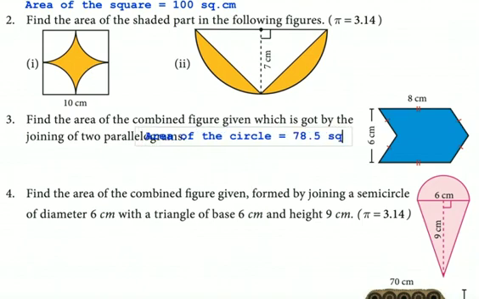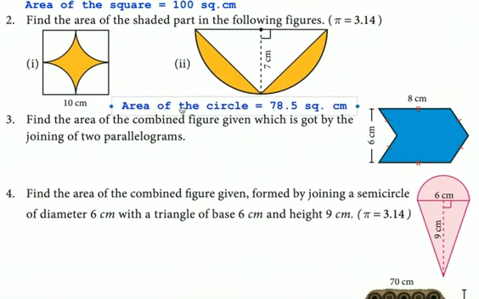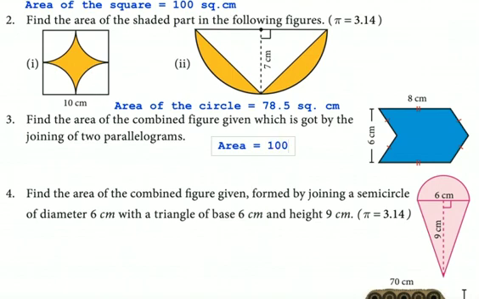78.5 square cm, okay. That is pi r square only, area of circle pi r square, pi into r, 25 into 3, yeah, that is correct. So we have to subtract this from 100 square cm. So what you will get is the remaining area, okay. That is how much? So the area that has been asked is 100 minus 78.5, which is 21.5 square cm.